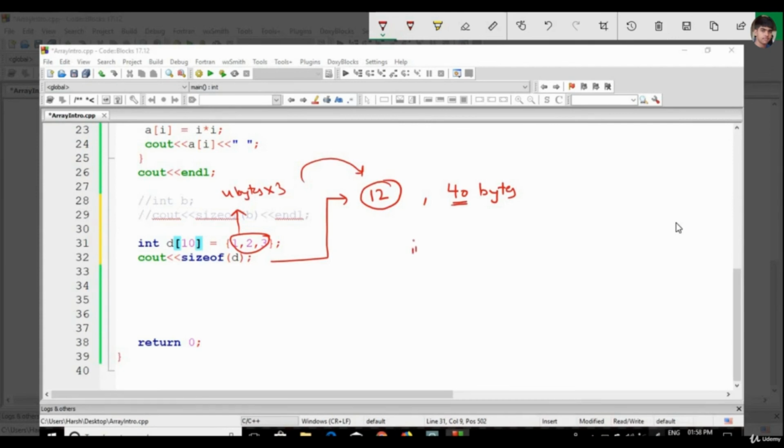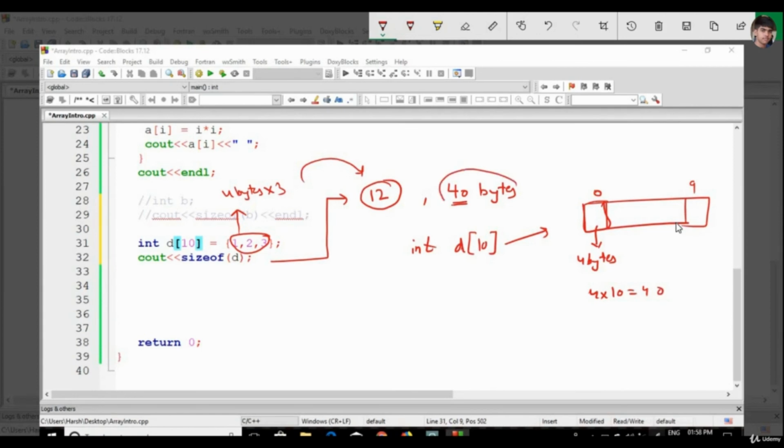Second possibility is 40 bytes. Why 40 bytes? Because we have written int d[10]. So this means create 10 boxes, and each box is an integer. So each box contains 4 bytes of memory space, and there are 10 such boxes. So 4 into 10 is 40. So let's see what will be my output, 40 or 12.